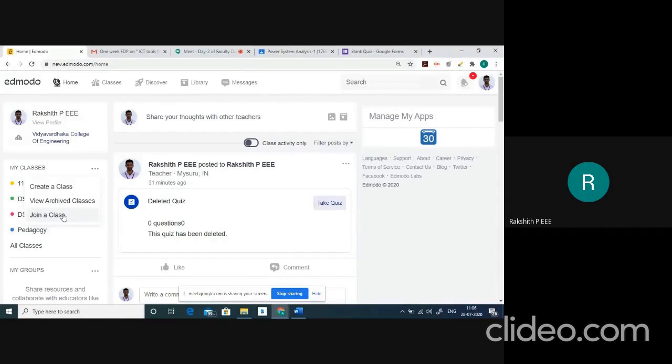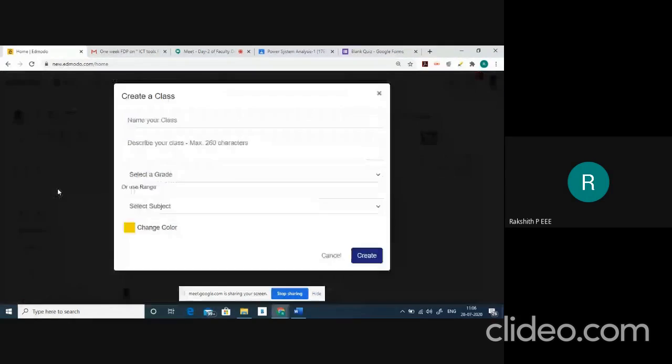Since we are interested to create a new class in order to share materials, in order to create quiz or create assignments, and we want to share the same with students, I'll select the first one, that is to create a class. I'll select this. Once you select create a class, a pop-up window will open, that is create a class.